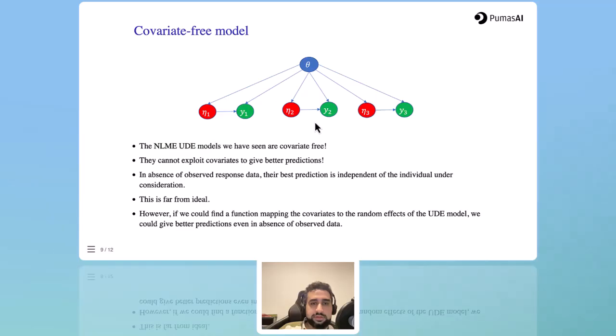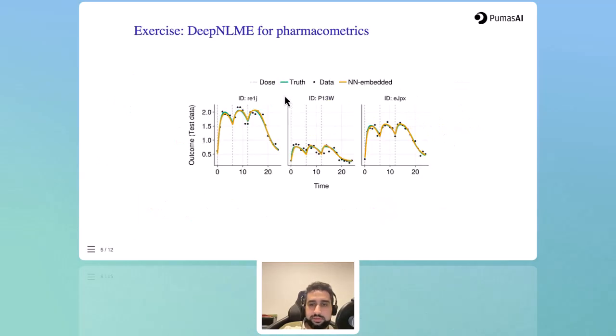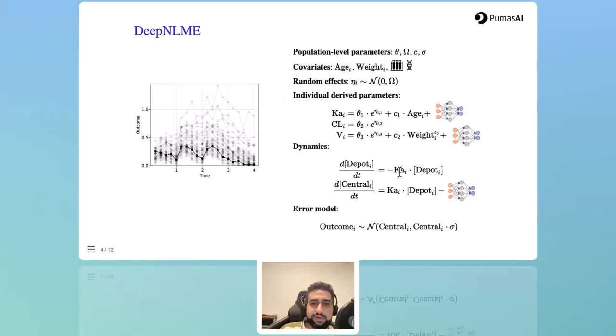So we often start, for example, with a universal differential equation that has random effects in it, and then doesn't have covariates yet. So let's say we are trying to figure out or build this model from scratch. So one way to do this is to not have any covariates initially. And let's say we don't even know anything about the dynamics, or we don't know parts of the dynamics. So we can have a universal differential equation here, or some neural ODE, with some input